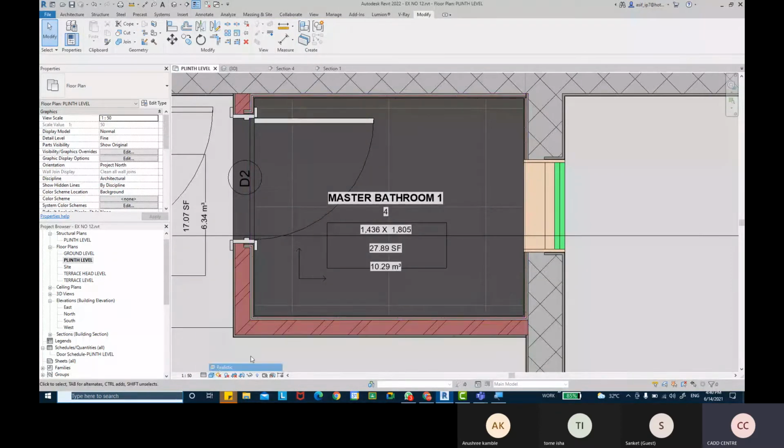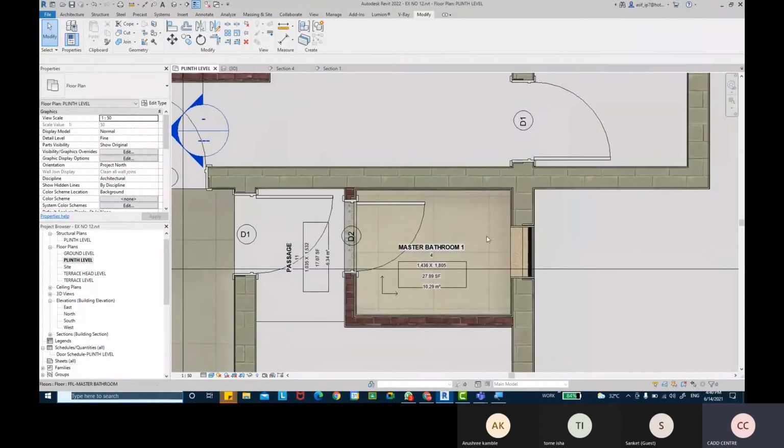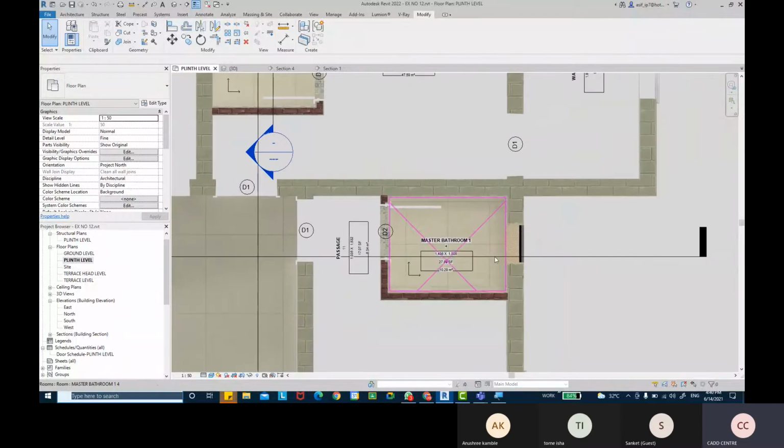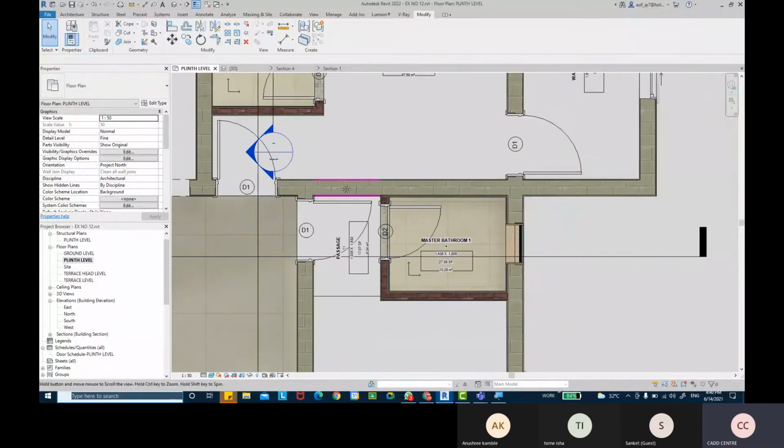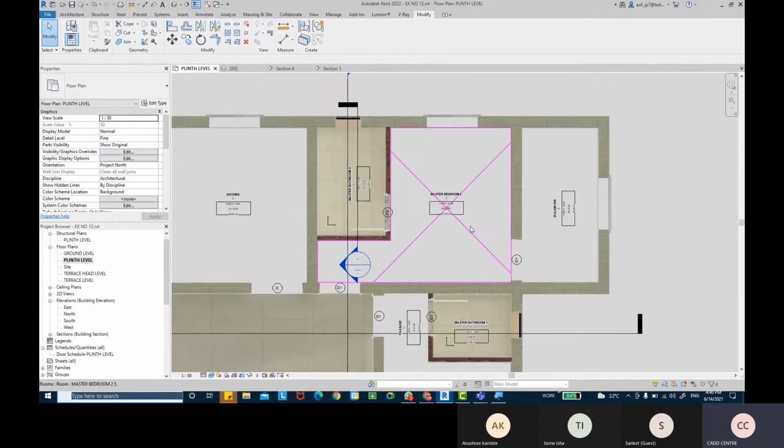Maybe if I switch this to realistic, let's preserve it, but sometimes it breaks down the tile. That creates a lot of errors sometimes. If there is more slope, the tile might break and it might not fit properly. So this error comes sometimes, as I told you, not always.